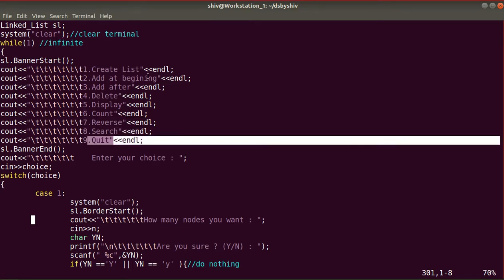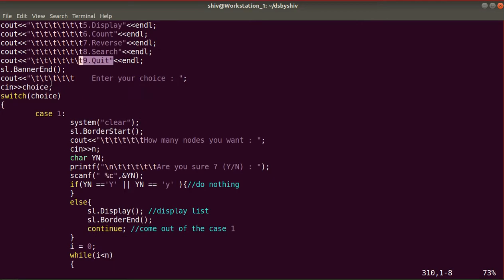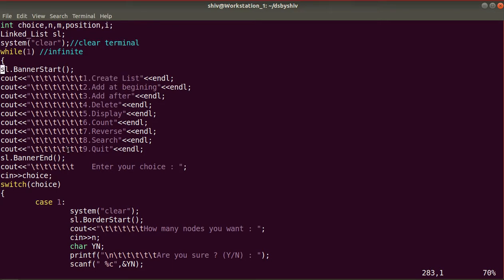These menu items have integer values 1, 2, 3 and so on, and whatever value the user enters as per his requirement, we take it with Enter your choice, and that integer value 1 to 9 we will pass in the switch statement.